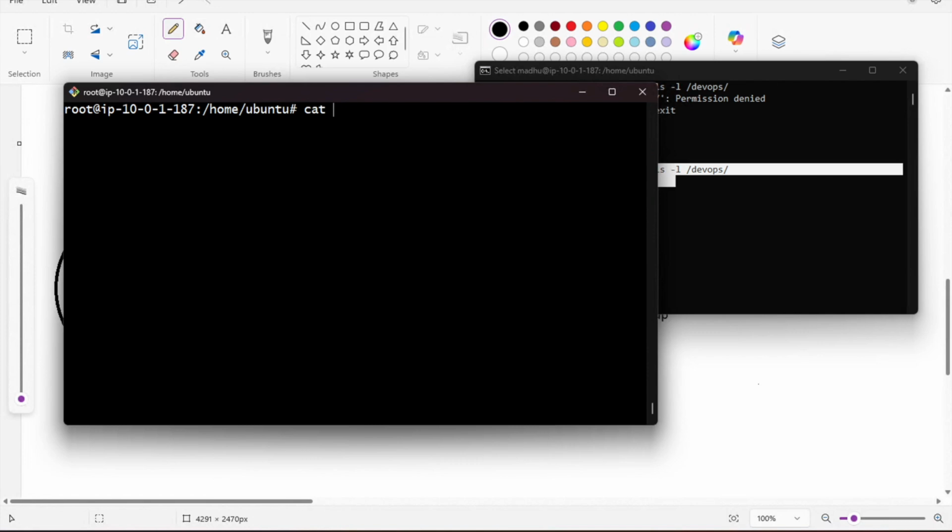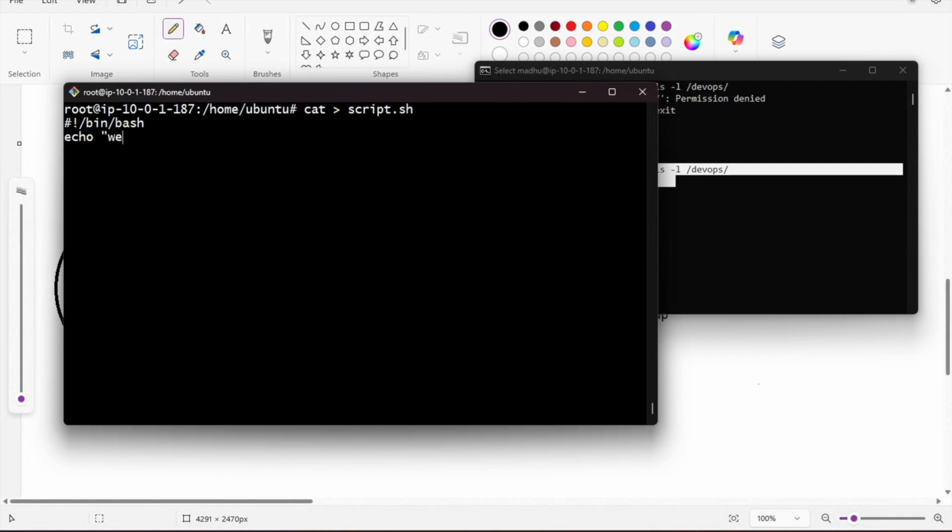I like to use the cat command, so I'm going to say script.sh. This extension doesn't matter in Linux, but it's just for us humans to understand that this is a shell script, so we put sh. And then I'm going to write what we call the shebang, /bin/bash,